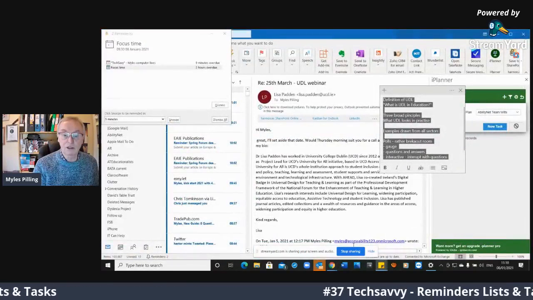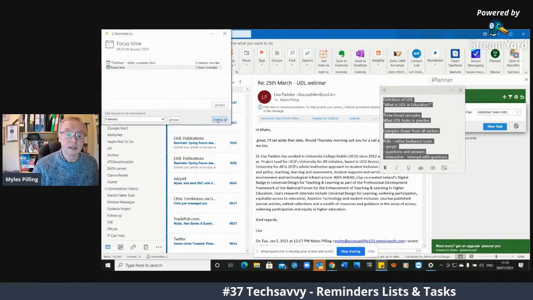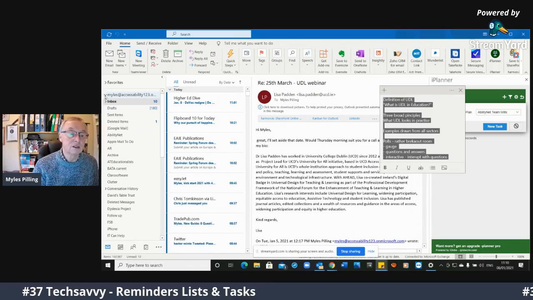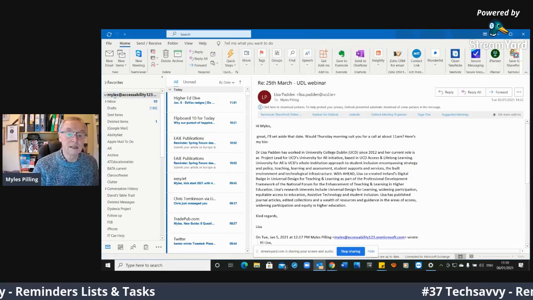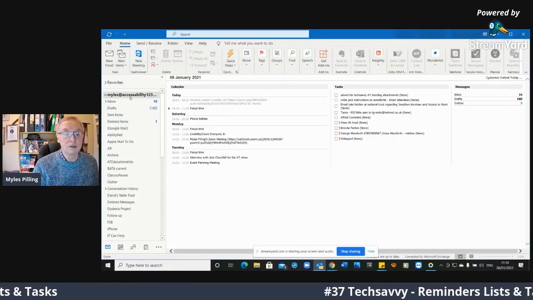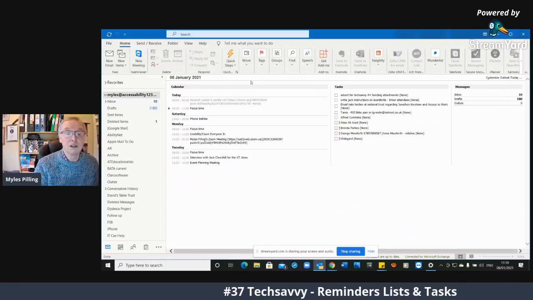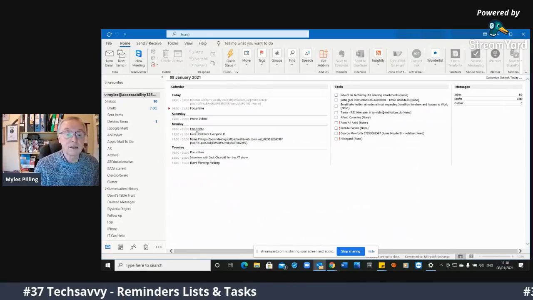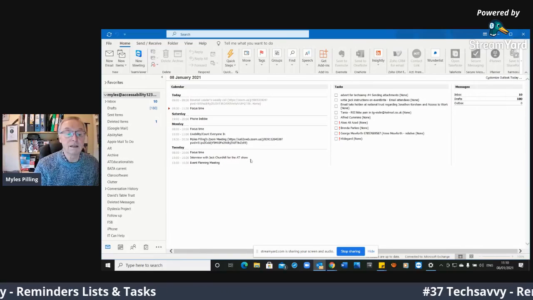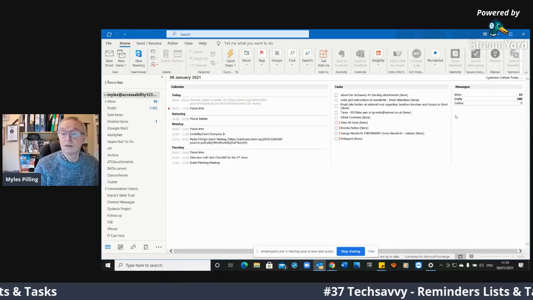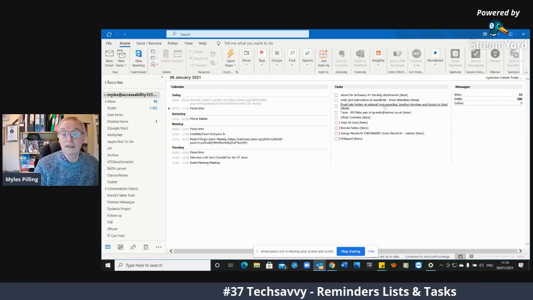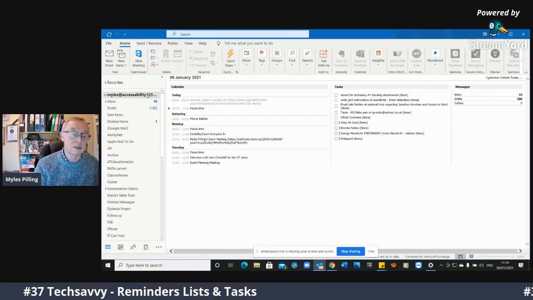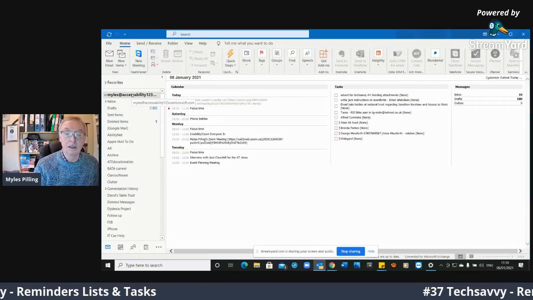Now, the last thing I'm going to show you is just one or two things in Outlook. So the first thing I want to do is just show you that if you click on the main site on your Outlook account, it will produce everything in one place for you. For instance, the calendar, the events that you've got today, and also your tasks that you need to complete in that day, and your inbox. This is just done by clicking on the